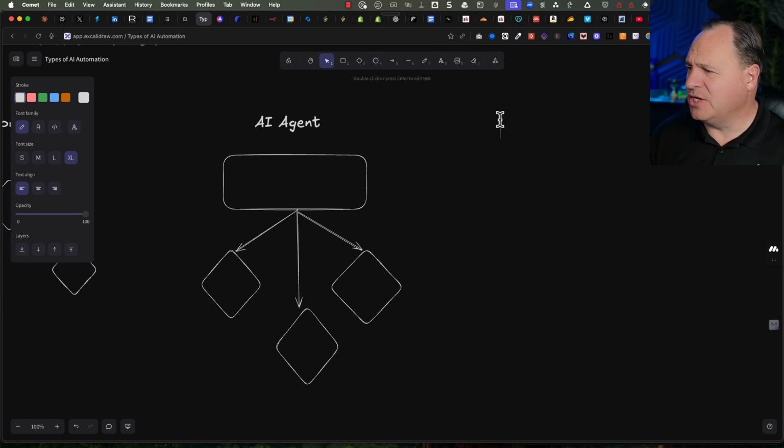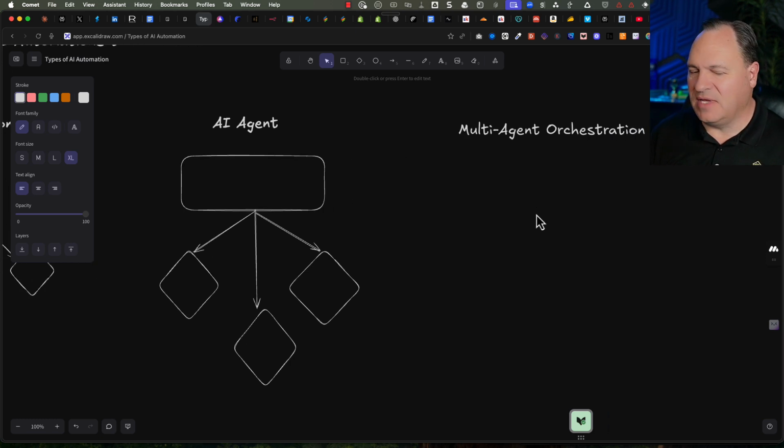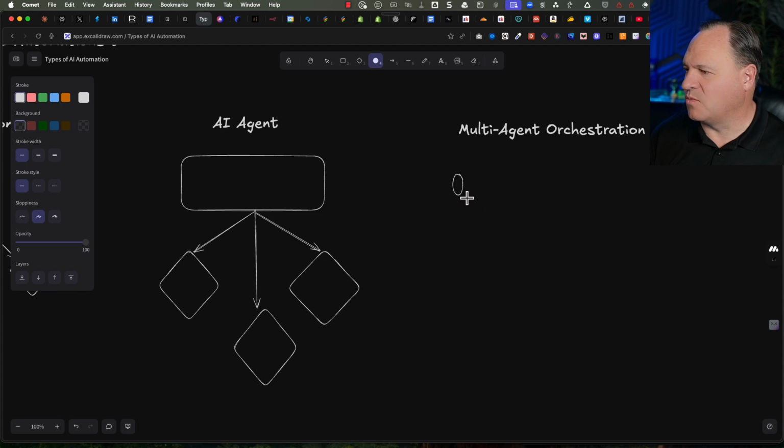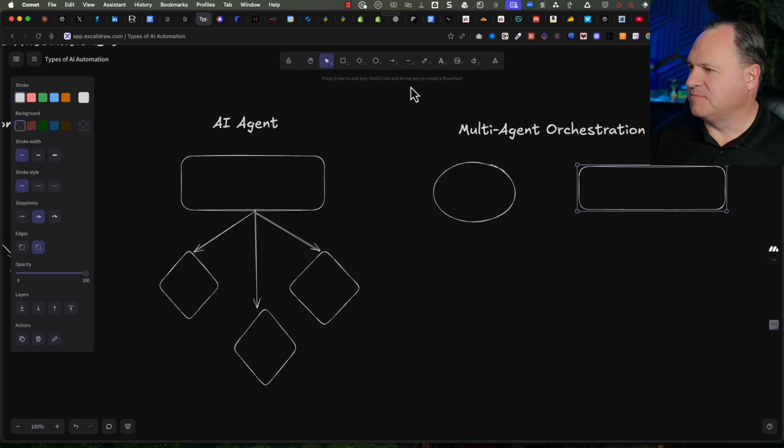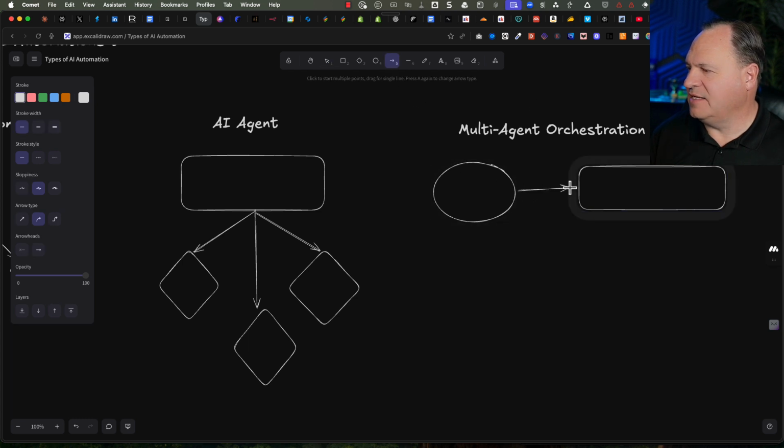In this case, you're going to hear this term, so we might as well learn it. It's called multi-agent orchestration. And what this means is that you can have groups of agents put together. So almost like a combination of these two. So let me see if I can draw it out for you so you can see how this would work. In this example, you would have an input. We're going to draw kind of an oval. And that input would actually go over to an AI agent. And so we're going to just do something kind of like that.